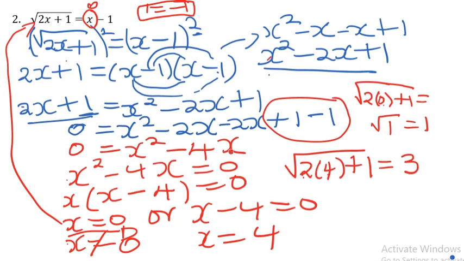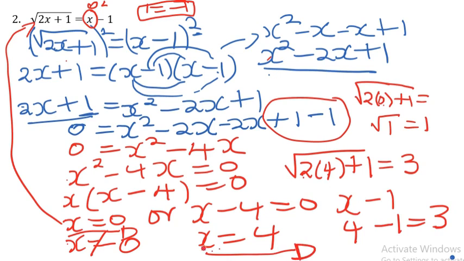Now let's take this 4 again and write it where there is x. On the right hand side, it's x minus 1. So I write 4 there, that will be 4 minus 1, and that gives me 3. So this one is applicable, it's the required one, it's the correct one. All right, so if you solve like this,